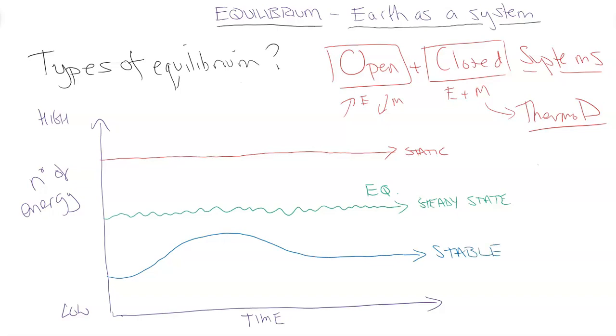Now, obviously, you can tell that it's very similar to steady state. There is a large fluctuation, a large change compared to static, but stable is where you'd have a distinct change to the system, a change to the landform, but over time it slowly comes back to being more consistent, more uniform, more stable, and comes back to its equilibrium. So this would also be a great example of a negative feedback loop, or negative feedback,